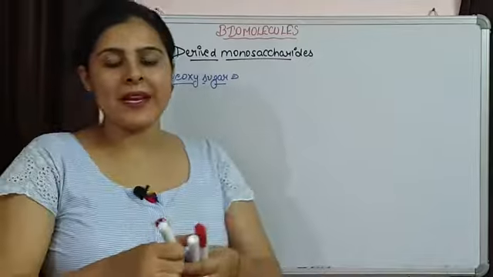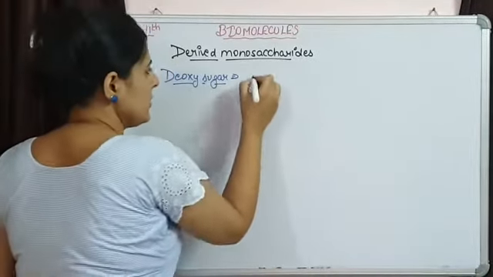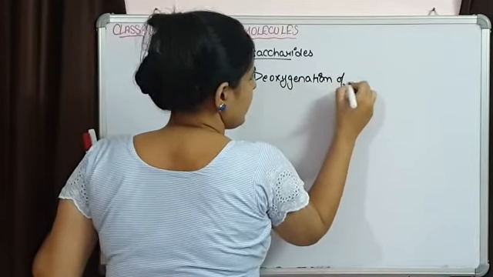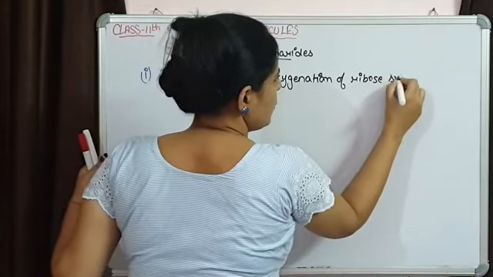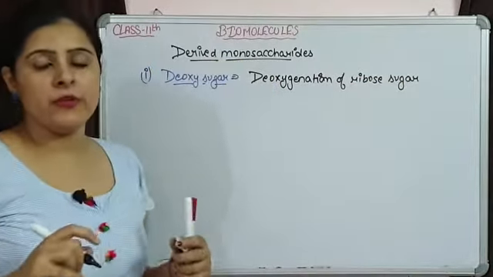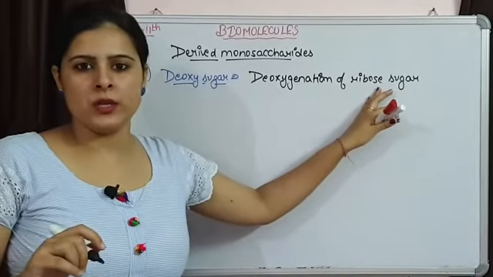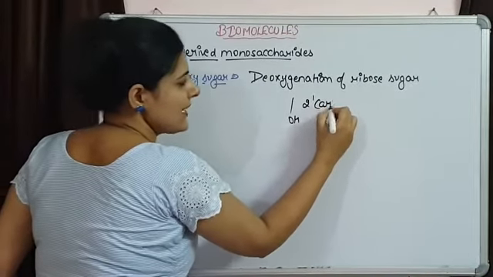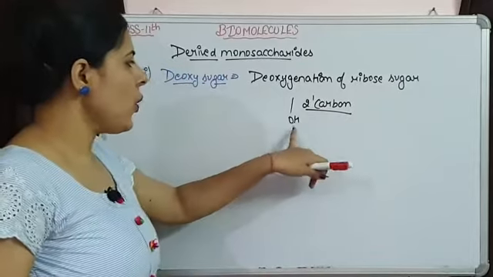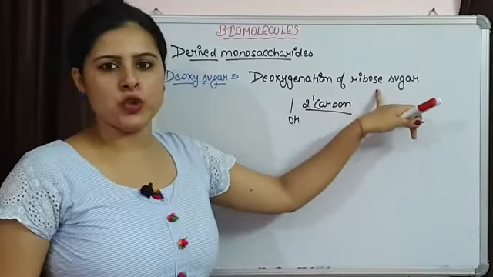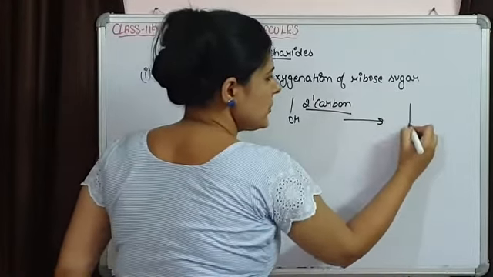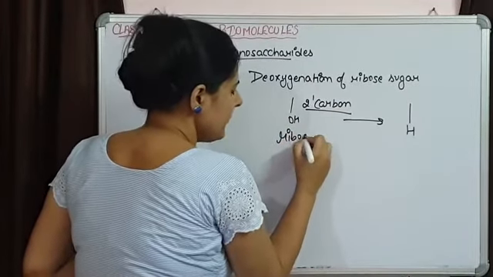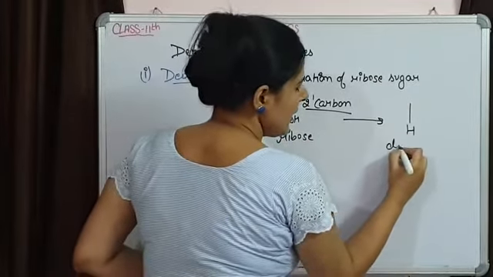Deoxy sugar is produced by deoxygenation of ribose sugar. See, if we talk about the ribose sugar, then we find an OH group at the 2' carbon. The second carbon has an OH group in ribose sugar. But when this oxygen is removed, only H is present. So this is a ribose sugar, and when oxygen is removed, it is converted into